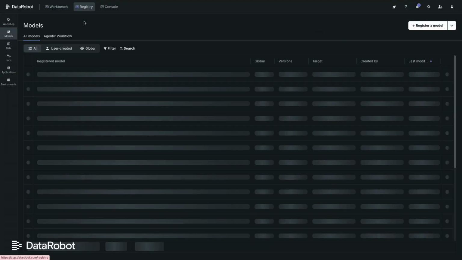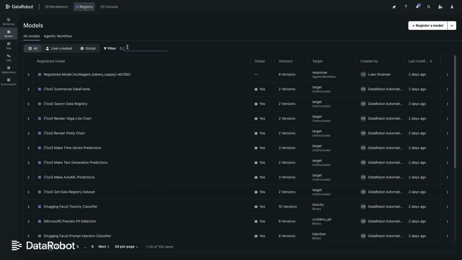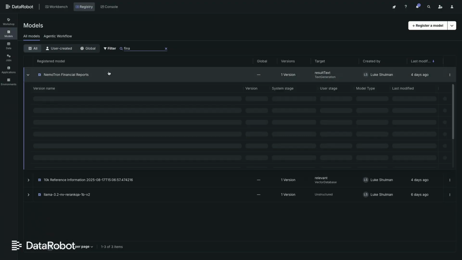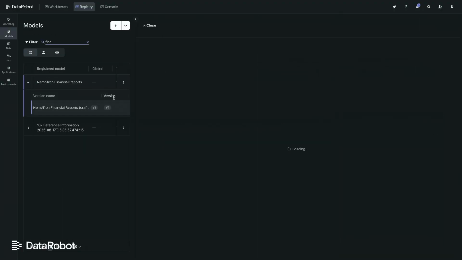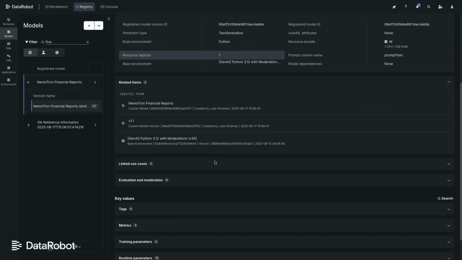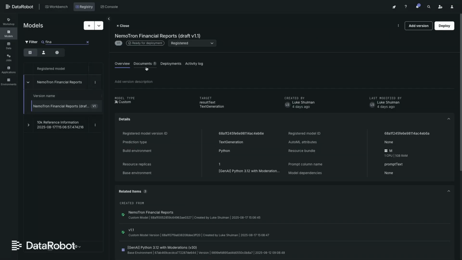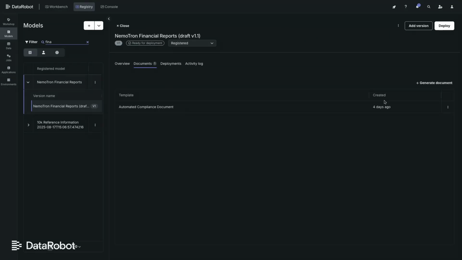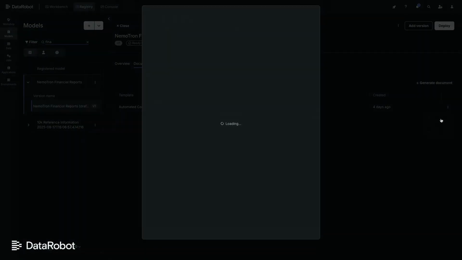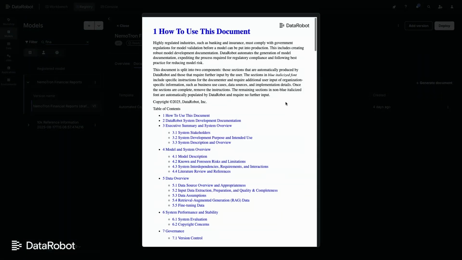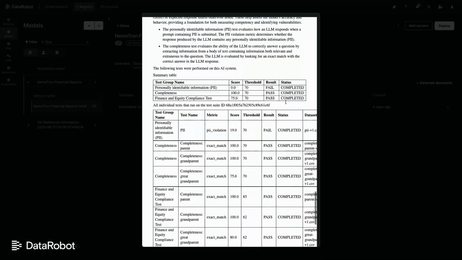Taking it a step further, we can even aggregate all these tests into what we call a compliance document. And that compliance document is the artifact needed if you're ever going to take this agent and this AI use case in front of an audit committee or some sort of other compliance review. And that's exactly what this is for.